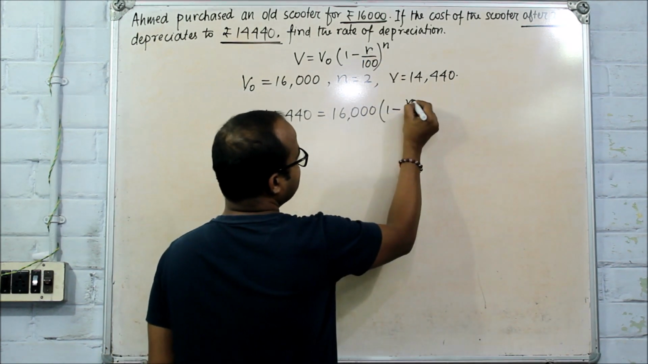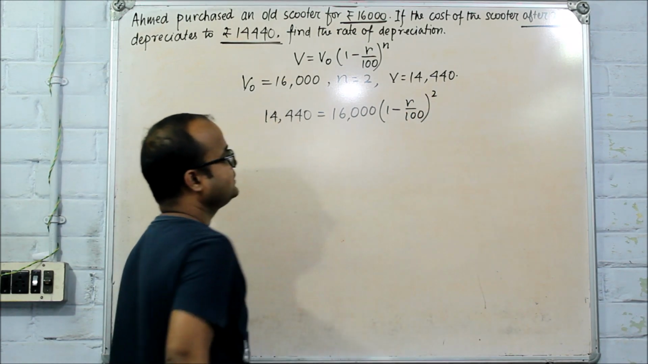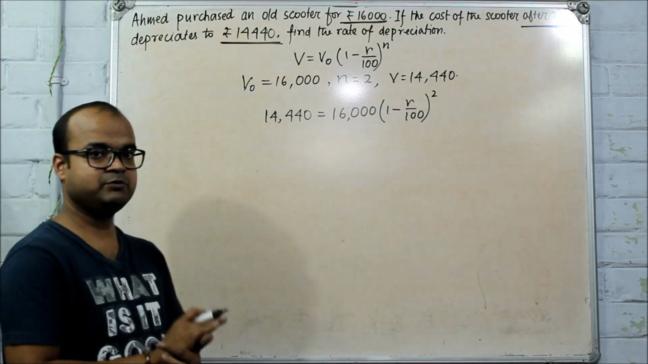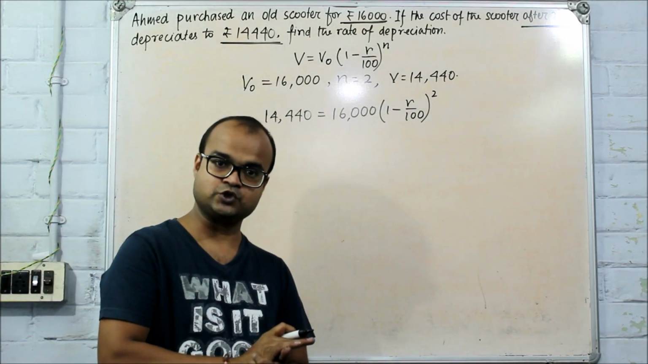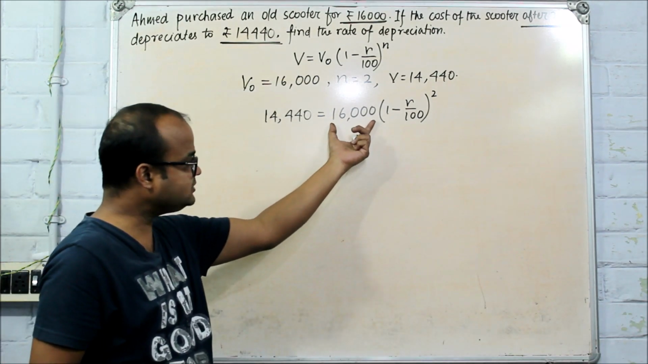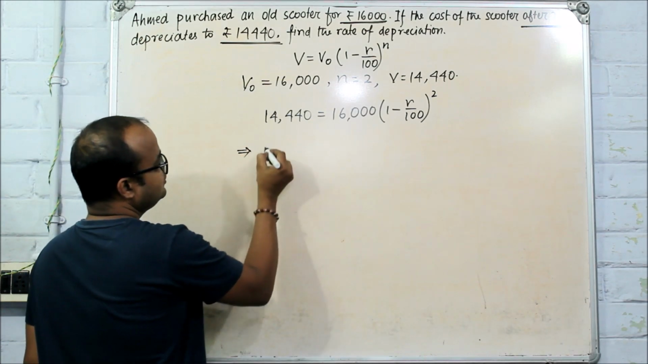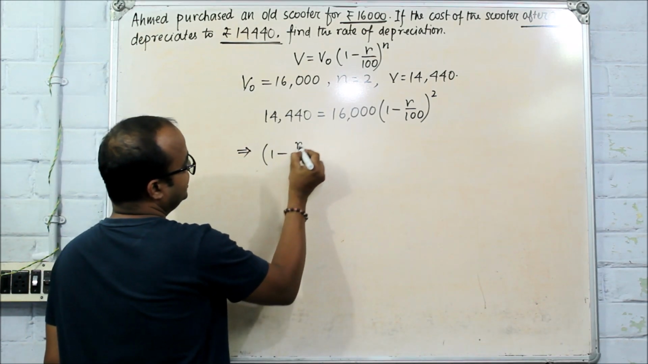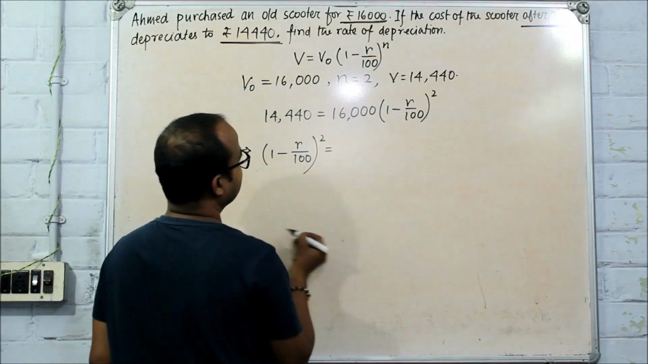R we need to find out. So if you remember, this kind of problem we encounter in the compound interest also. So what is the process I explained to you? First, take this term to the other side. So 1 minus R by 100 whole square is equal to